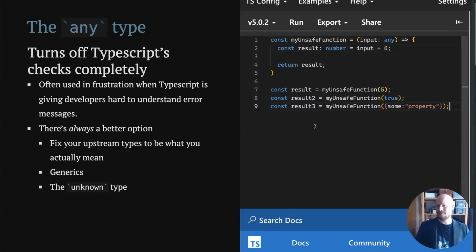I also see a lot of new TypeScript developers just develop with any and then add types later. And that's just so wrong to me, because TypeScript is there to help you just build your types first, what you expect, and then code according to that. If you build everything with any and then try to sort of patch types on it, you're not getting the benefit of the types.